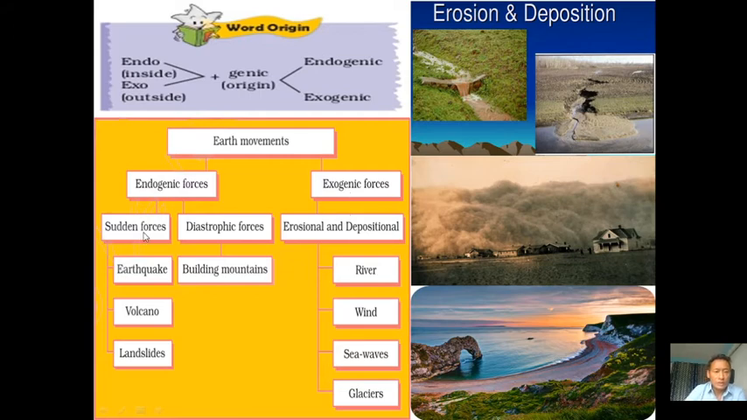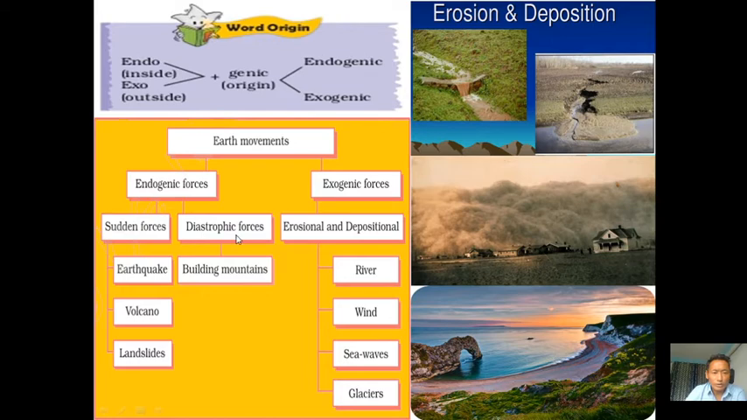In endogenic forces, we have certain immediate forces, such as earthquakes, which we can feel on the surface of the Earth. Again, volcano is a sudden force. Again, landslide. So these are the sudden endogenic forces that we can see and feel on the surface of our Earth. And another endogenic force is